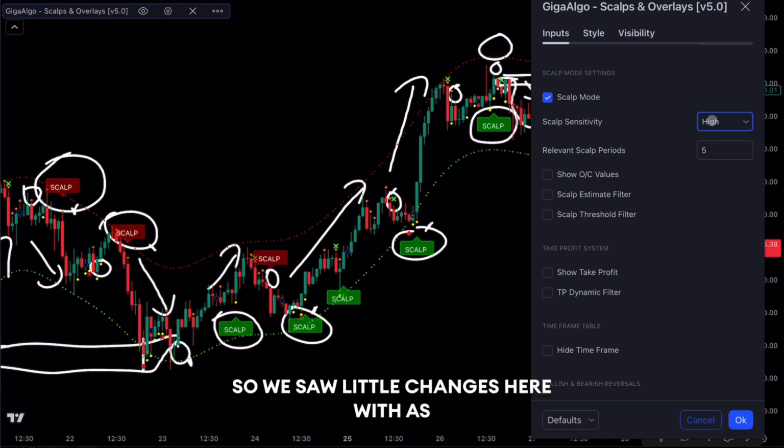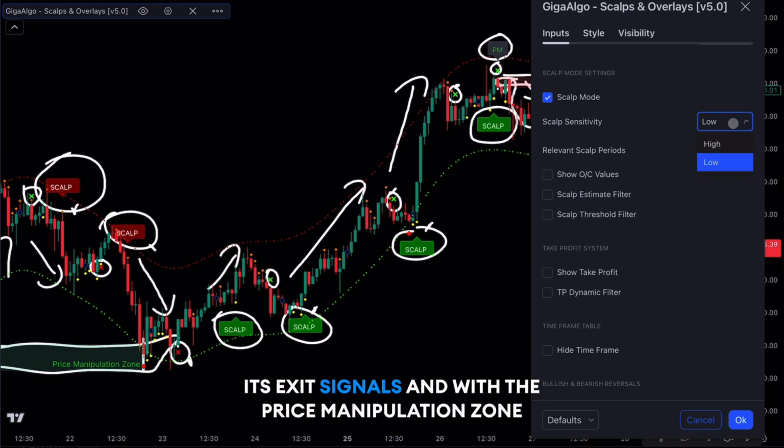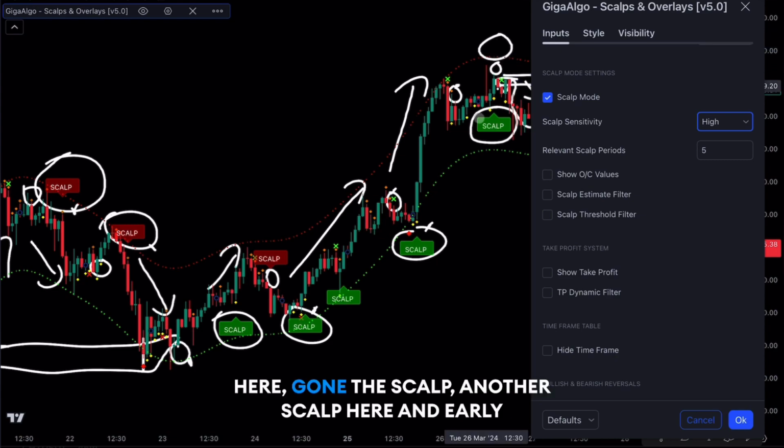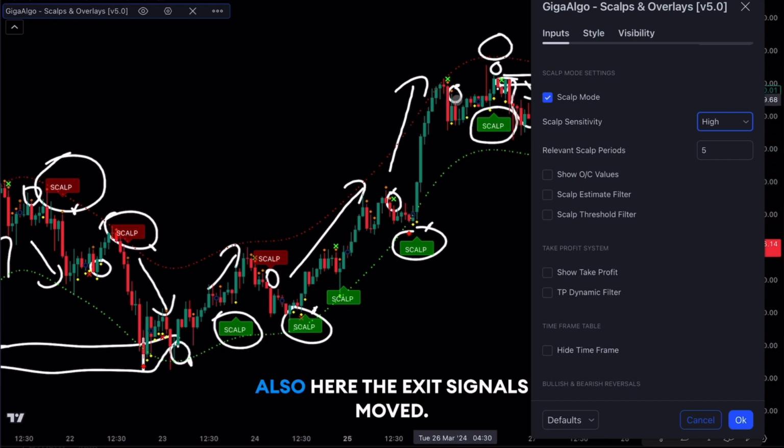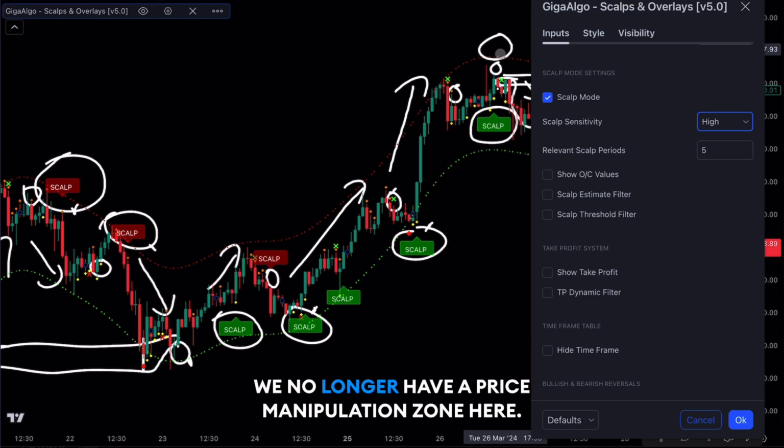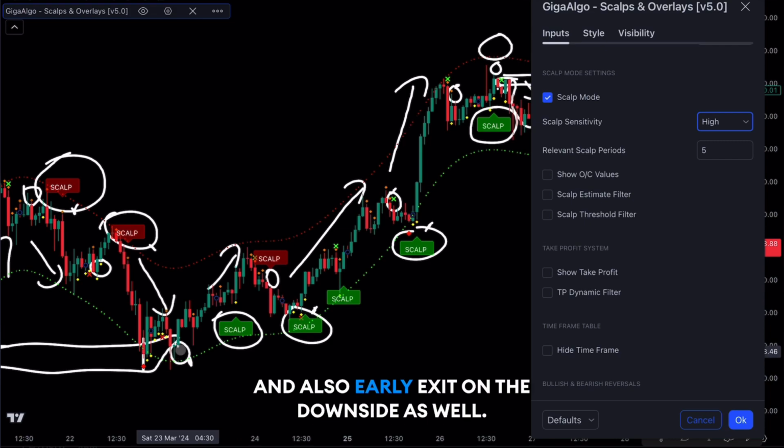So we see a few changes here with the exit signals, and with the price manipulation zone here gone, another scalp here, and an early exit here for the green scalp. Again, an early exit here, and also here the exit signals moved. Here we have a price manipulation zone, and also an early exit on the downside